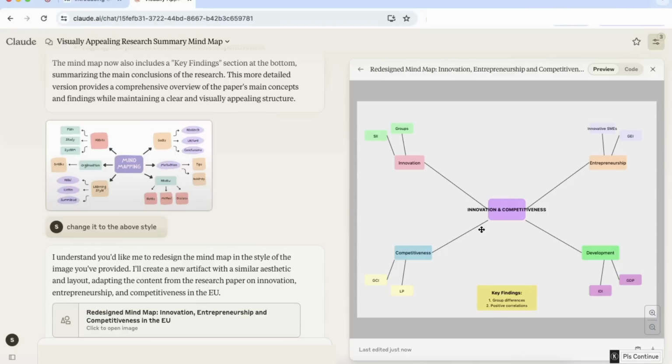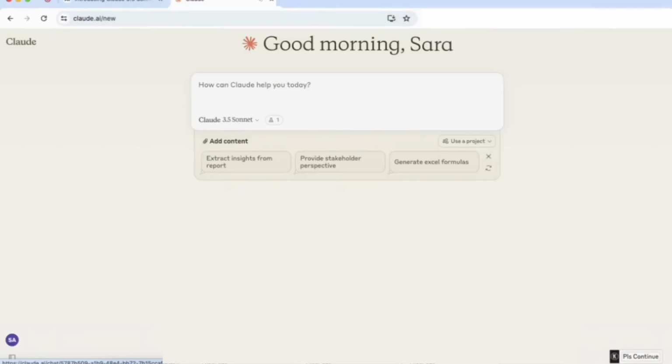You can ask it to add more elements, more features, but it can do so much. Or you can just ask it to come up with a mind map on its own and it will generate its own style. Okay, so the next thing I want to show you is that you can actually also create